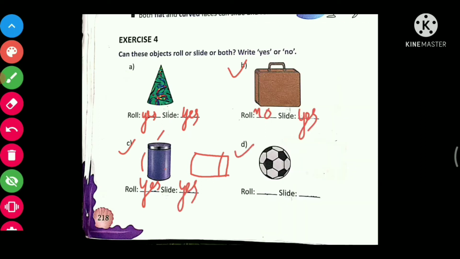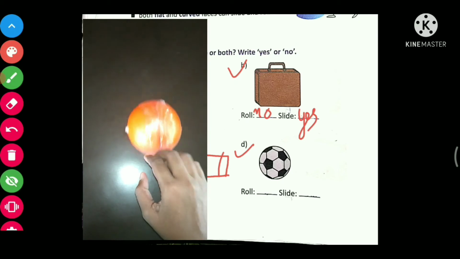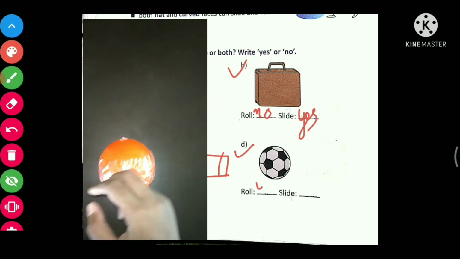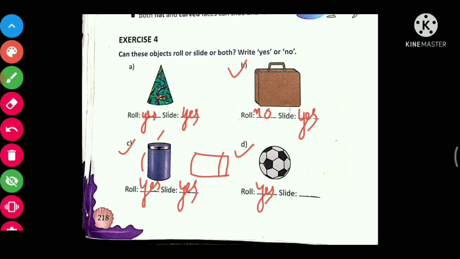Now see D part. This one is what? Football. So a football has a curved face, right? So it will roll. Can a football slide? For sliding, it must have a flat face.